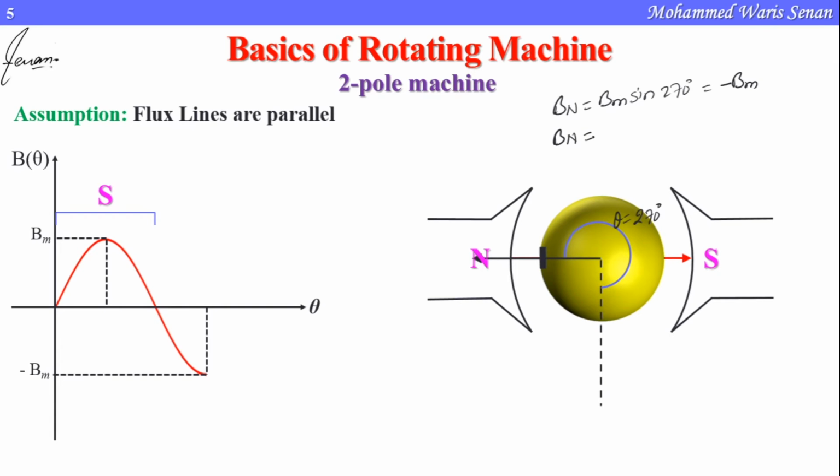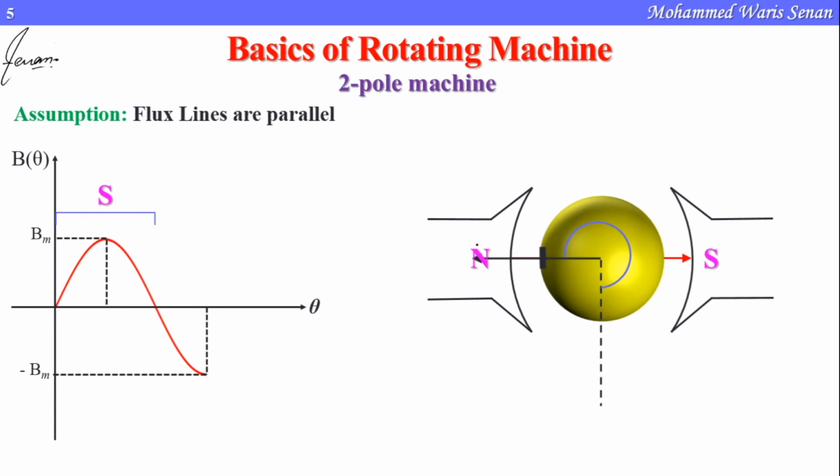Now let us calculate the same thing with the cos formula. For cos, we will not use theta, we use alpha. So what is the value of alpha in this case? Since the area vector is in this direction and the field is in the opposite direction, this is the field B and this is the area vector, so the angle will be 180 degrees. If you put 180 degree, cos 180 is minus 1, so it is minus Bm. So both the results are the same. You can see from here, from 180 degrees to 270 degrees, it is again from 0 to maximum value, but in the negative direction.